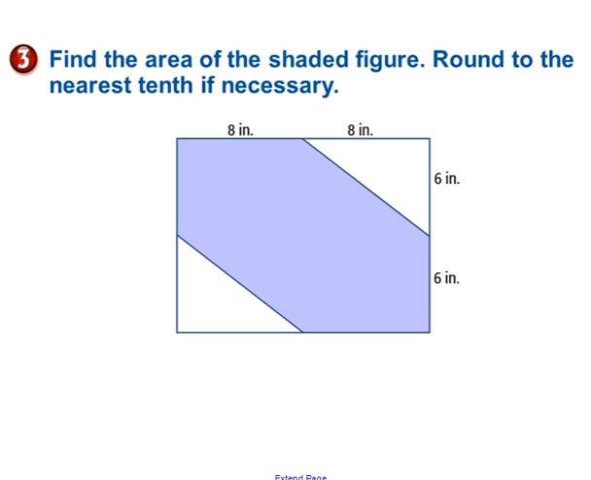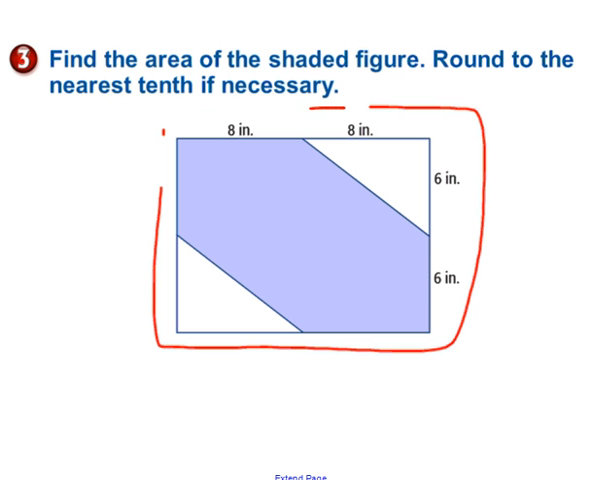Looking at this one, I want to find the area of the shaded part. I think I'm going to do this one by subtraction rather than addition. I'm going to find the area of the huge rectangle, which I can see is 8 plus 8 would be 16 inches on one side, and 6 plus 6 on the other side. So this would be 12. So it'd be 16 times 12. The area of the big rectangle is 16 times 12. And let's turn to a calculator to figure that out. And that's 192